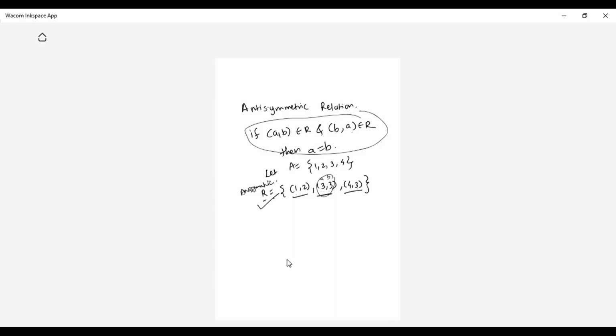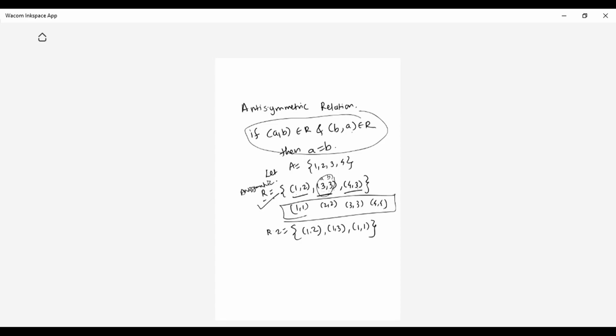So basically what you have to remember, student, is that for all diagonal elements, the anti-symmetric relation is satisfied. So if you have 1 1, 2 2, 3 3, 4 4 in your relation, then it satisfies the anti-symmetric property. This you have to remember. I hope you have got this point. Now suppose I'm having a second relation R2. Suppose I'm having 1 2, 1 3 and 1 1.